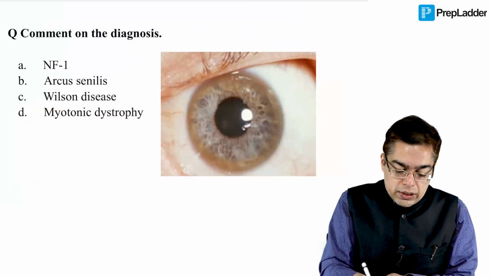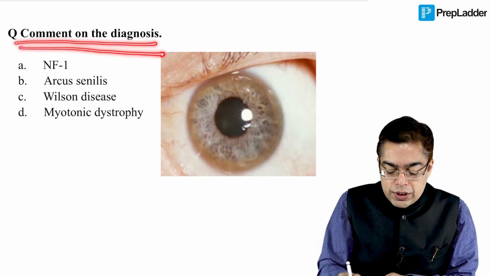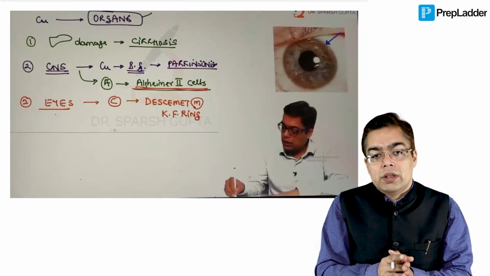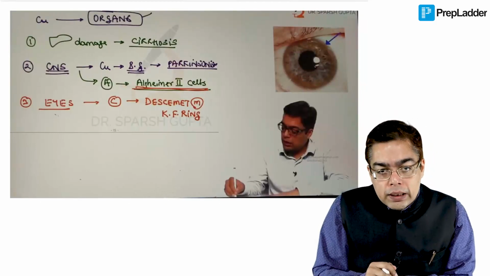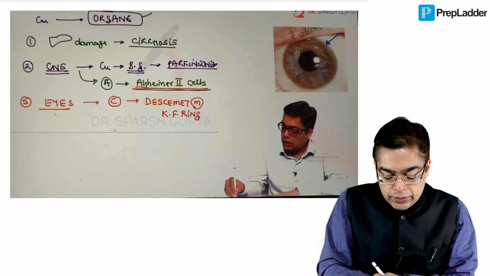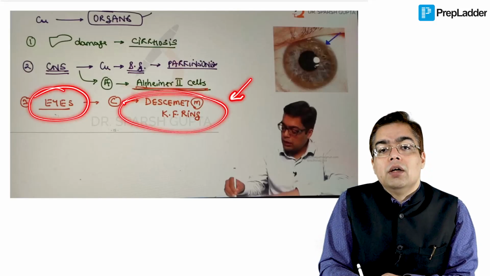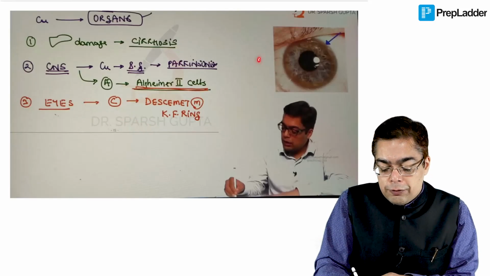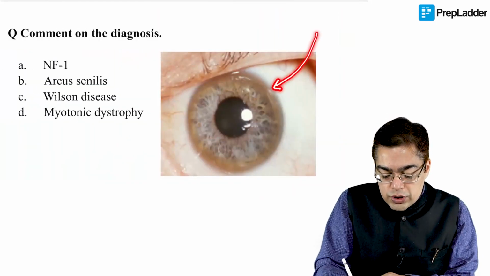Now talking about the next question, this was an example of a clinical image based question, but then comment on the diagnosis. The image that I had shown you in my discussion of the hepatic disorders, wherein I did talk about an example of a metabolic disorder affecting copper metabolism, and I did make a mention of something like ocular involvement in this patient. We did make a mention of something like the KF ring because of deposition of the free copper in the Descemet's membrane, responsible for giving this kind of a golden ring in the eye, and that is exactly what they asked you as a question in the exam.